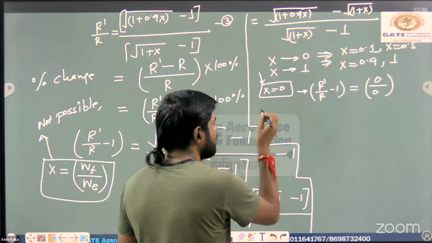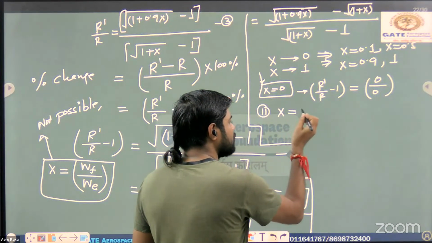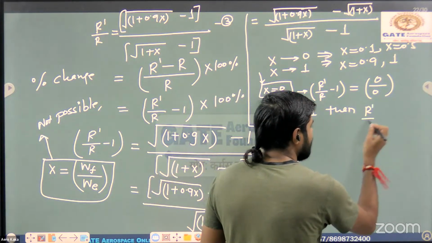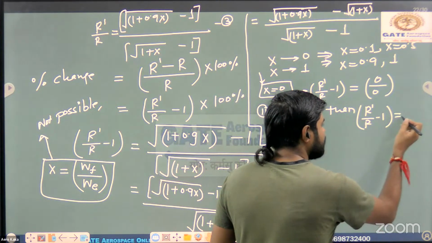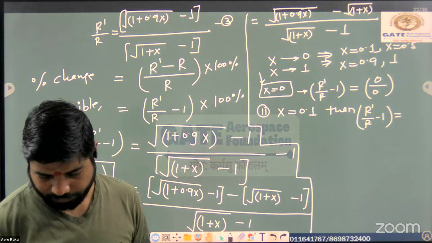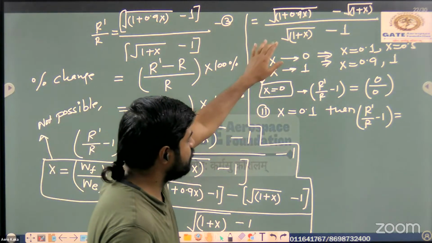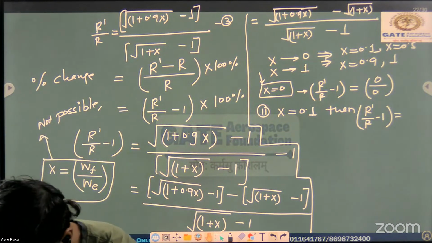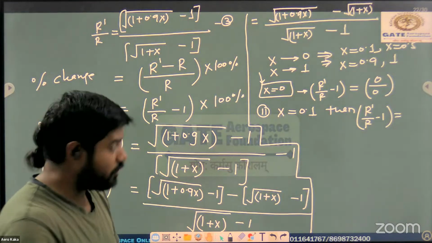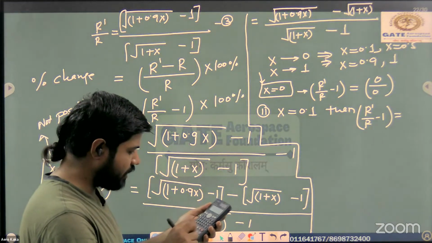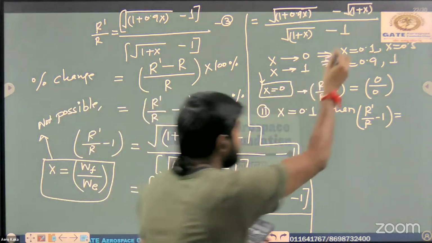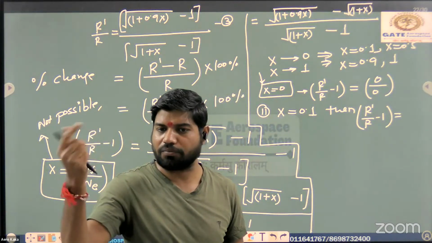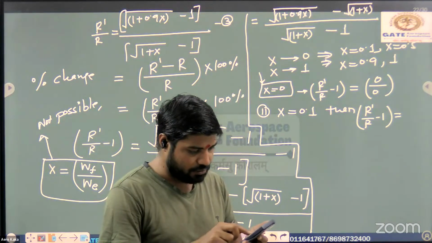So you can see this is the hypothetical case. Case 2 here. If this x is equal to 0.1, then can you tell me what's the value of this r prime upon r minus 1? How much are you getting? Yes, anyone? Put here x is equal to 0.1. So it is how much? Root of 1.09. Let me check. Where is the calculator? So you will get root of 1.09, right? Minus, if you are putting x is equal to 0.1, root of 1.1. 1 plus 0.1 is 1.1 only. So minus root of 1.1